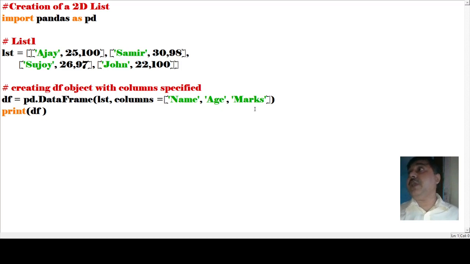So Name, Age, and Marks are the names given to it, and based on this we can find that we will have the structure, and we will work on this pattern or structure. As we work on it, we can see here print df. Now we are printing this df. Okay,